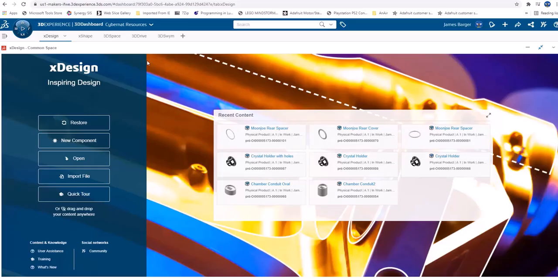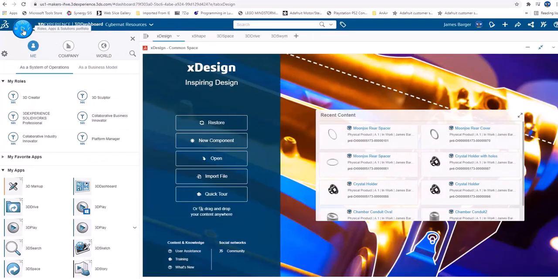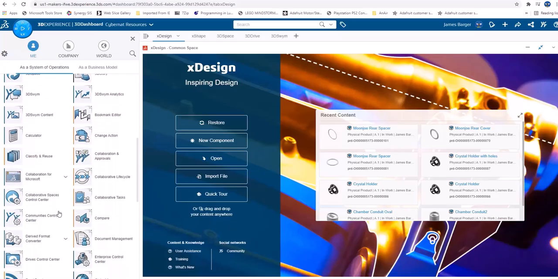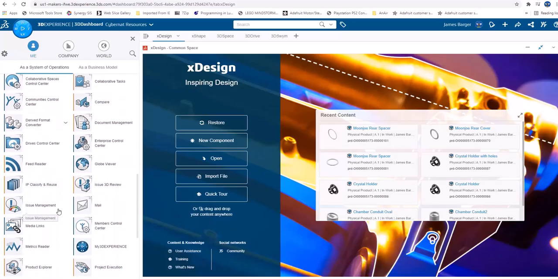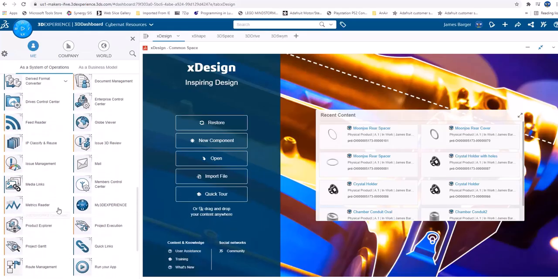But on the initial layout, so that you know what you're looking at, in the top left-hand corner, you have what they call the compass, and then you have dashboards that you can create. I've created one, as you can see, and to that I can add additional tabs across the top with additional apps. By clicking on the compass, and then scrolling down through all the various apps that I have available to me as part of the 3D Experience Makers platform,